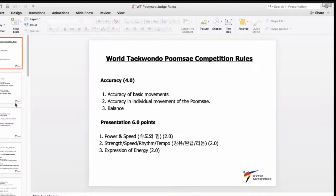Okay, thank you, Master Peter. And there was a good explanation for technical part. And then just before we start, Master Kambis sent a guideline of an online Poomsae championship. So I don't need to explain guidelines. I just go to